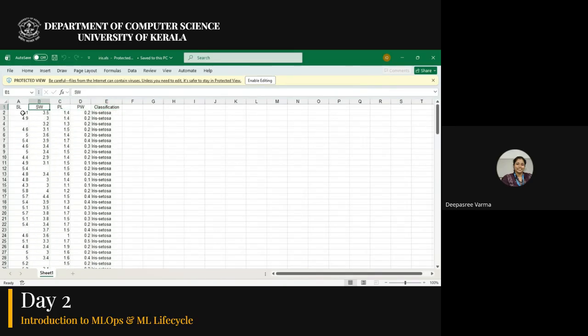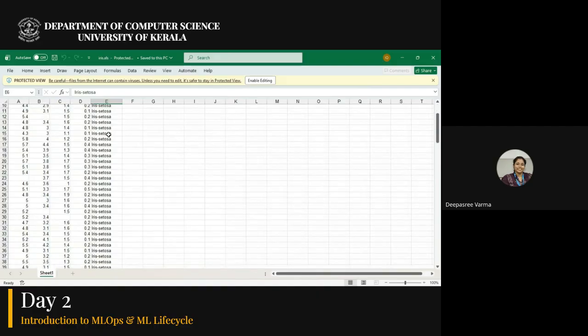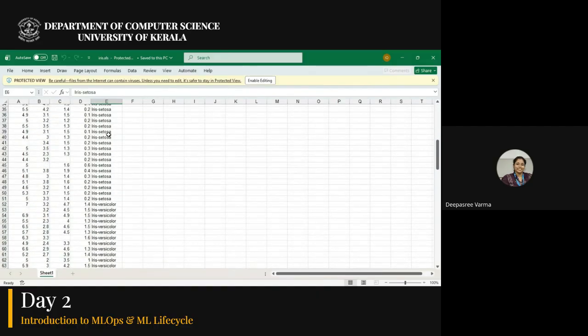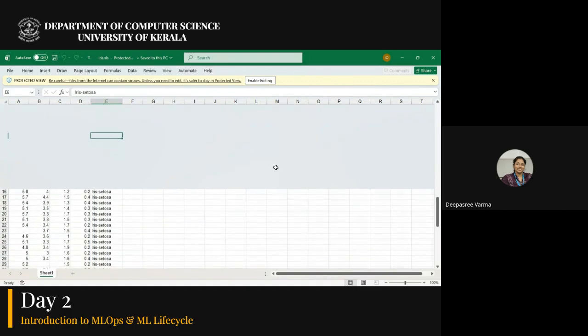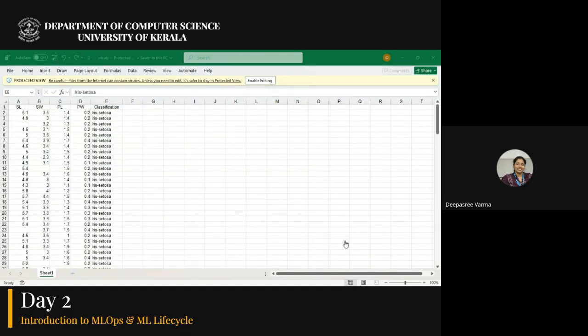I'm going to train a machine learning model with this Iris data, so that when I give new data about sepal length, sepal width, petal length, and petal width, it should be able to classify it as Iris setosa, Iris versicolor, or Iris virginica. This is the data I am trying to train the model with. It is a very simple data set, chosen to keep things simple.